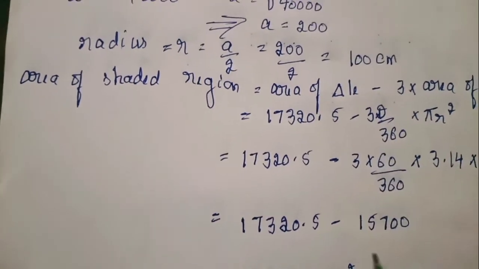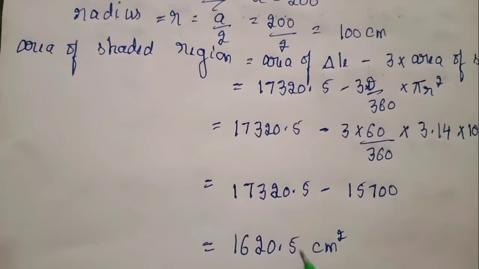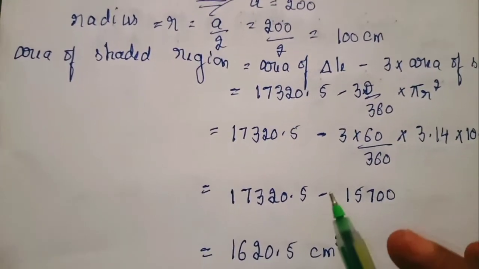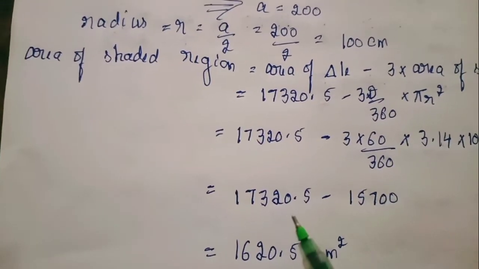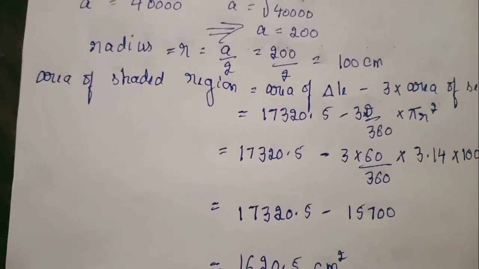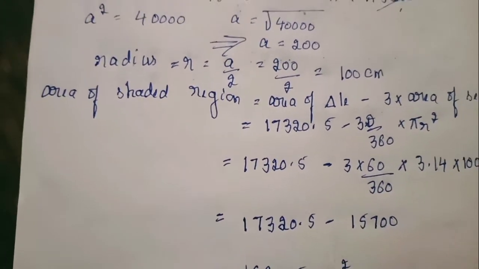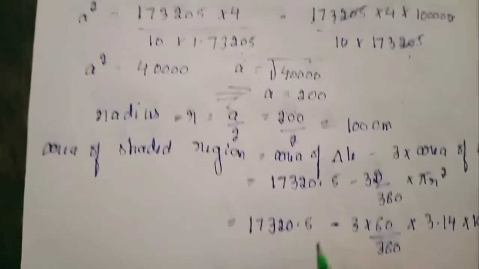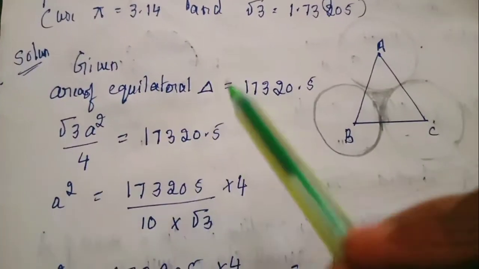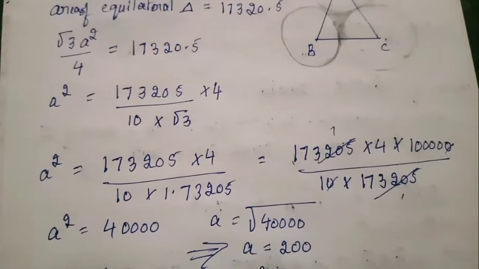So concentrate whenever you want to solve. The basic things in this chapter are how to find the area of a triangle. The equilateral triangle formula you have to remember, and along with that you have to remember the area of a triangle, half into base into height. Know when to use half into base into height and when to use root 3 a square by 4. Be thorough with that, read the question thoroughly and write the given data first. When you write the given data first, automatically you can solve easily.